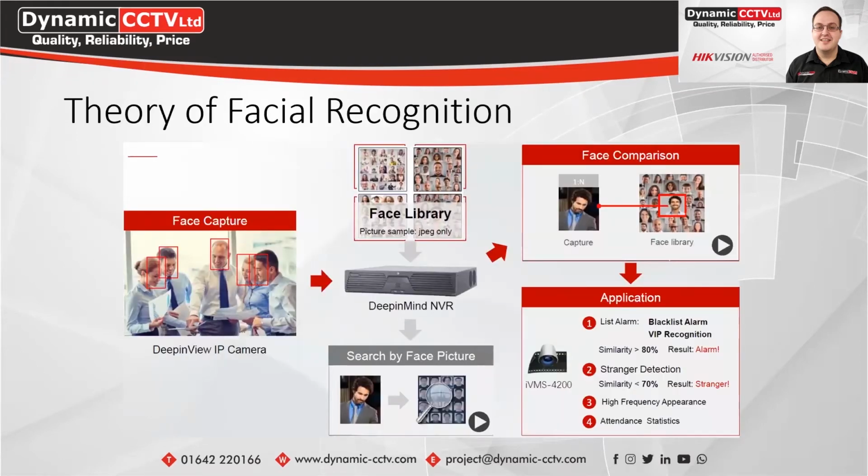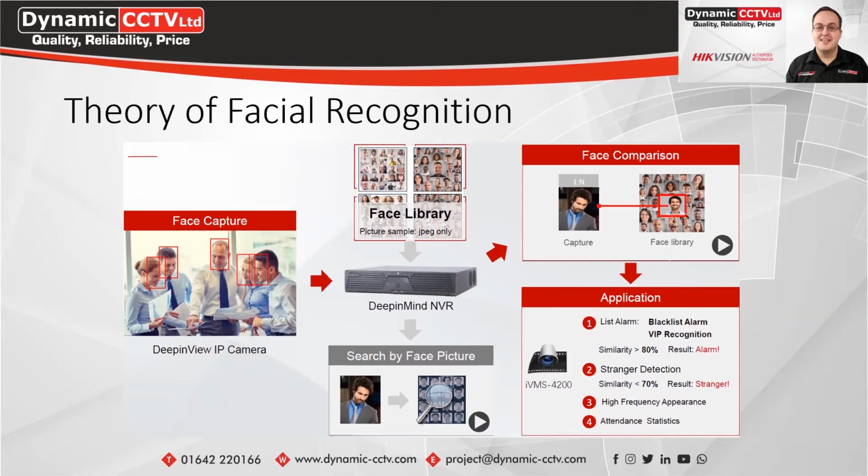So for the facial recognition, this is currently based on the X model DeepinMind NVRs. It used to be a 4F and an 8F unit, which is now the X model DeepinMind, which is the higher end DeepinMind for facial recognition. This allows you to set up a blocked list. So for example, if it was a shopping centre and you had cameras set up at the entrances and you wanted to upload people to a blocked list on the actual